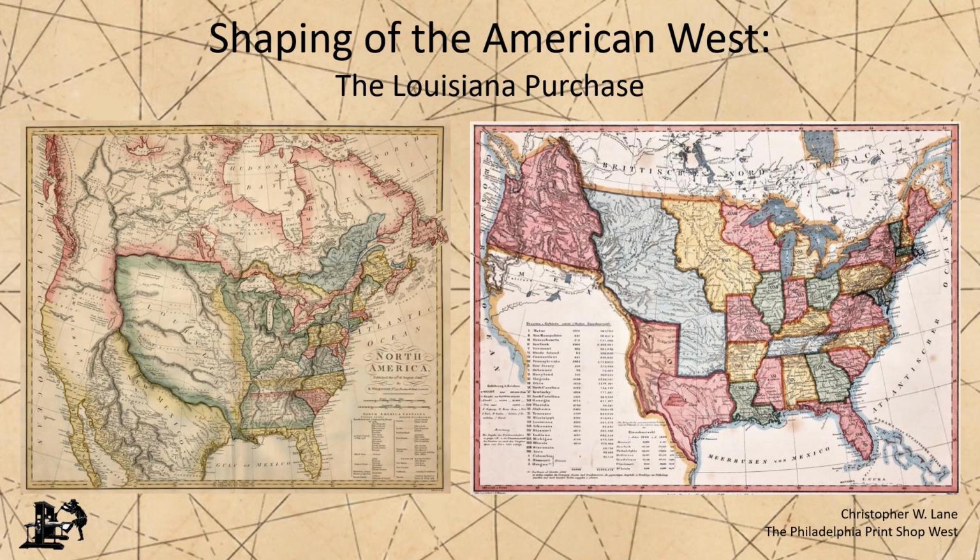Finally, we saw how the issue of slavery was one of the most important considerations in the shaping of the American West, with Louisiana gaining statehood to balance off the free state of Ohio, and with the creation of Missouri only accomplished when the free state of Maine was admitted at the same time. This period also introduced a political feature which played a major role in the shaping of the American West in the future. That is, the establishment of the 36°30′ latitude line as the northern limit of slavery for any new territories or states to be created in the Louisiana Purchase.